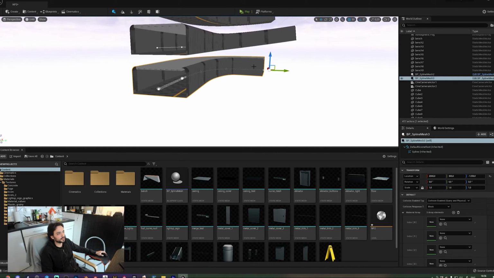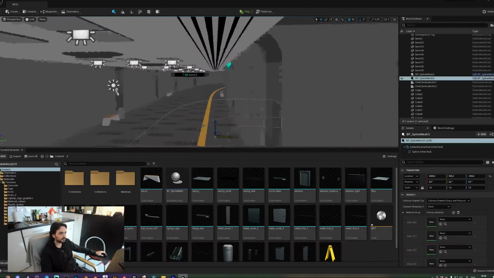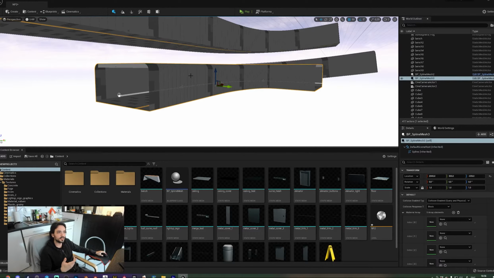These are just two versions. One is, let's say, a certain angle, the other one is a different angle. And there's another thing. Ooh, these are so slow. The other thing, while I did it in blueprints,